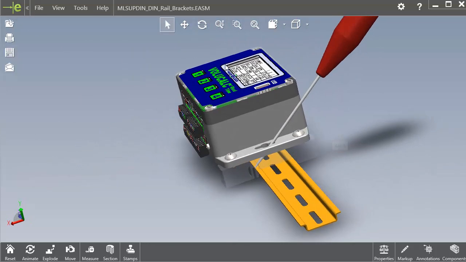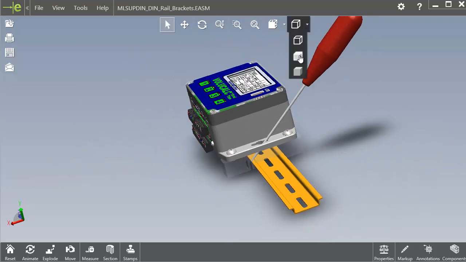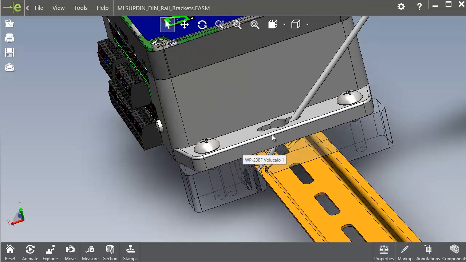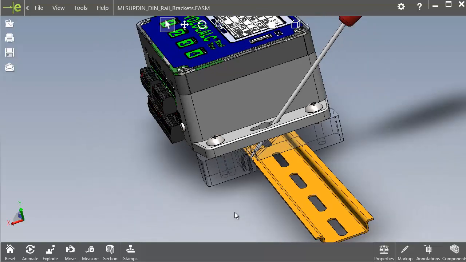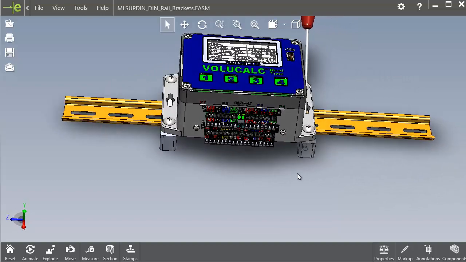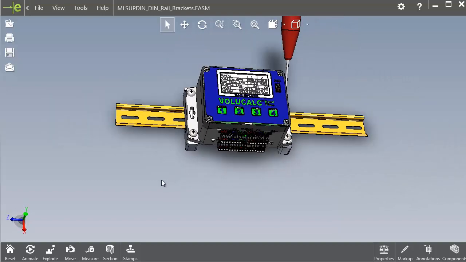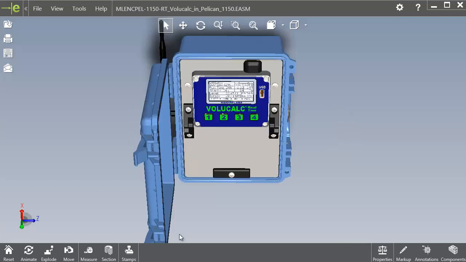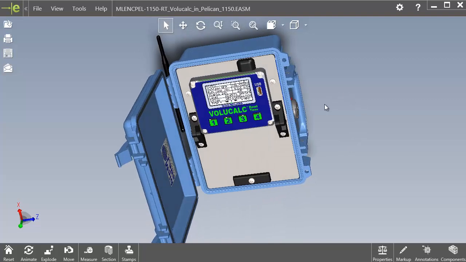To unscrew it, wait a minute, I'll just change this so that it's easier to see. You just need to put a screwdriver there and push it, and that will unlock the brackets that allow you to clip the Volucalc on a DIN rail. Also, if you want to have Volucalc inside a watertight control panel, here we have a Pelican case,